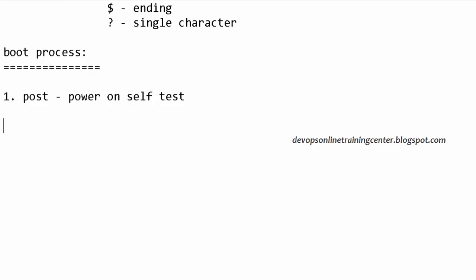Sometimes you also see errors like RAM is not working, or some device is not working, some disk is not connected. Those are all errors from the POST stage, which is power on self-test. This is like a small piece of software embedded into a chip that sends out signals to the hardware devices and checks whether all are working fine or not. So that is POST. If POST is successful, it goes to BIOS, which is basic input output system.